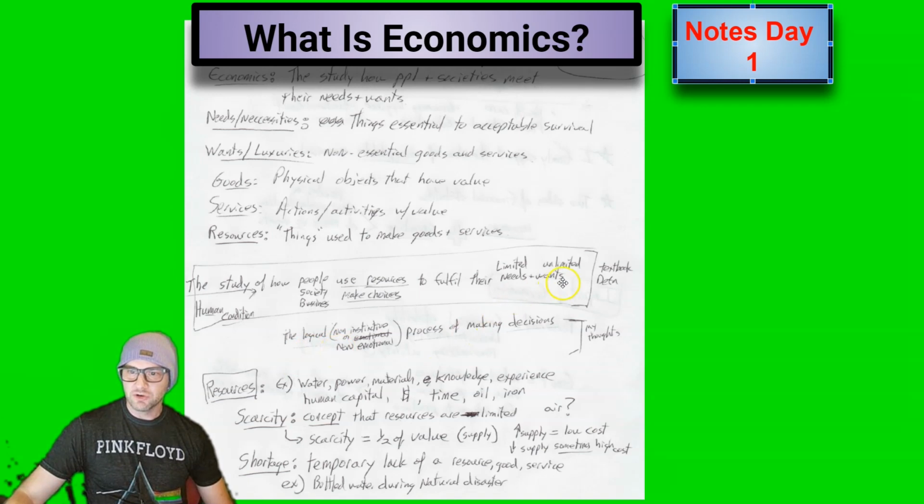But as soon as you start putting in logical thought, you are considering the consequences. You are considering your needs and your wants. You are considering how to use your scarce resources to make the decisions to improve your life, to increase what they call your utility, your satisfaction in life. So as soon as you bring your brain into it and start considering options, even if it's to help someone or not help someone, it's not about making money. It's creating options that will increase your satisfaction in life.